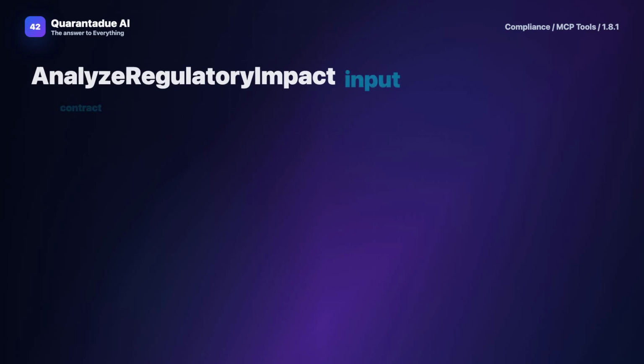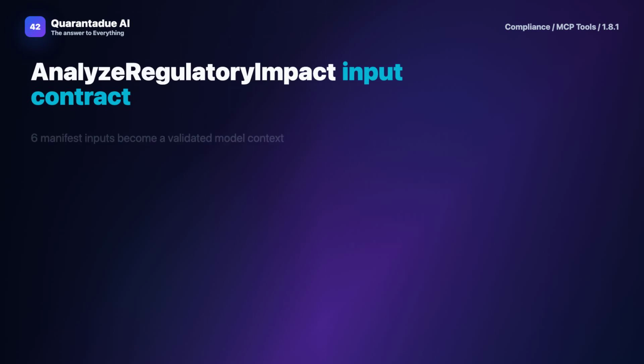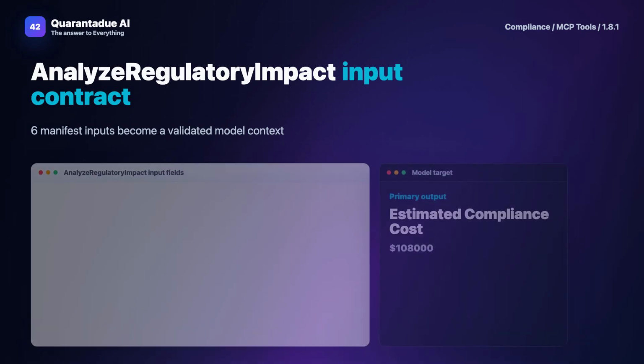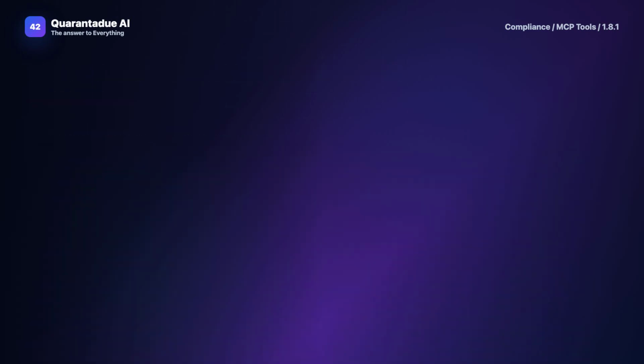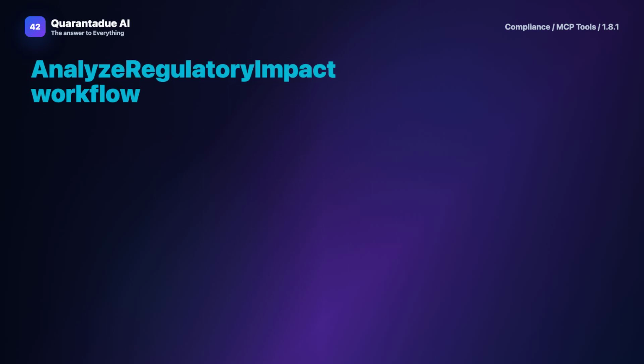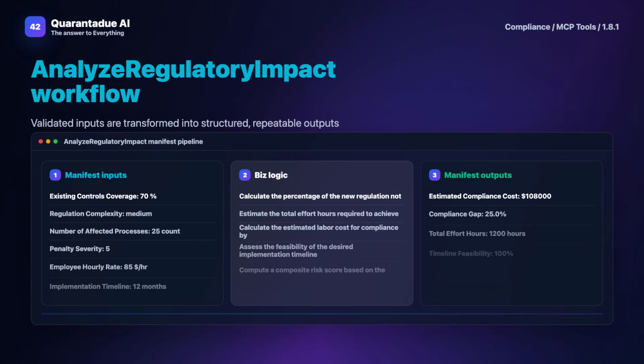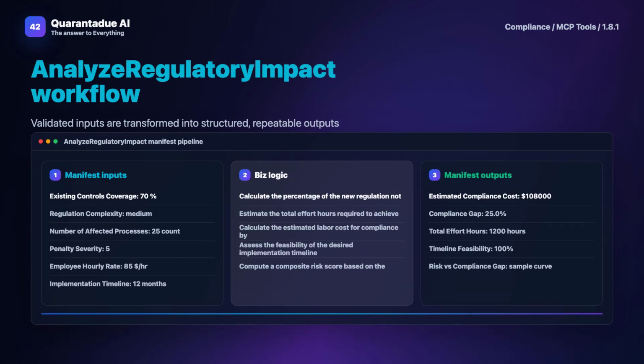Typical inputs include existing controls coverage, regulation complexity, number of affected processes, penalty severity, and employee hourly rate. Keeping these fields explicit reduces ambiguity and makes every run easier to audit. The workflow then applies: calculate the percentage of the new regulation not covered by existing controls by subtracting the existing controls coverage from 100%, estimate the total effort hours required to achieve compliance based on the compliance gap, regulation complexity